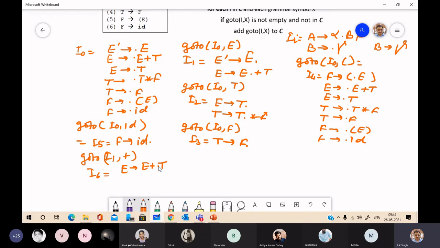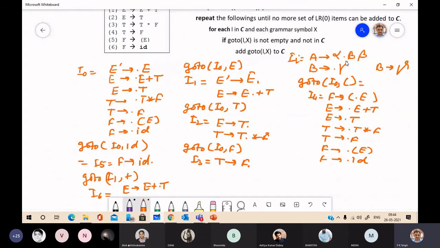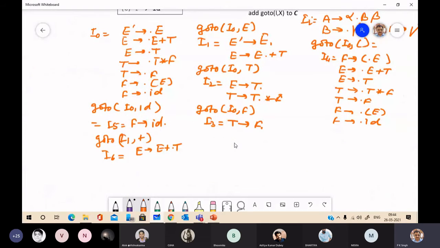T is just after the dot, so apply this rule. Here you have a non-terminal just after the dot, so you look for the productions having T on the left side. Here, productions 3 and 4 have T on the left side.